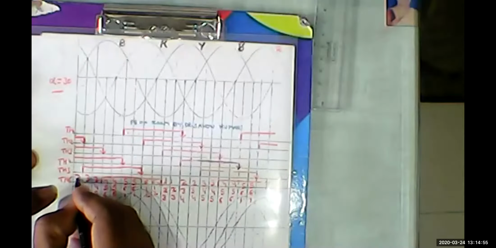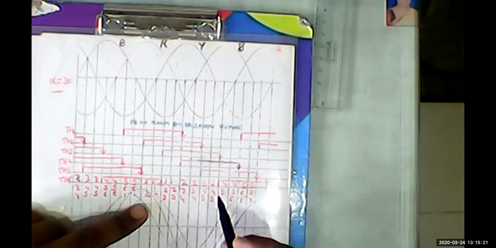Just a minute, let me, okay. You can see, I am telling the number right from the beginning. You can notice from the start it is 2 3 4, then 3 4 5 2 times, then 4 5 6 2 times, 6 5 1 2 times, then 6 1 2 2 times, then 1 2 3 2 times, 2 3 4 2 times, then 3 4 5 2 times, 4 5 6 2 times, 5 6 1 2 times.